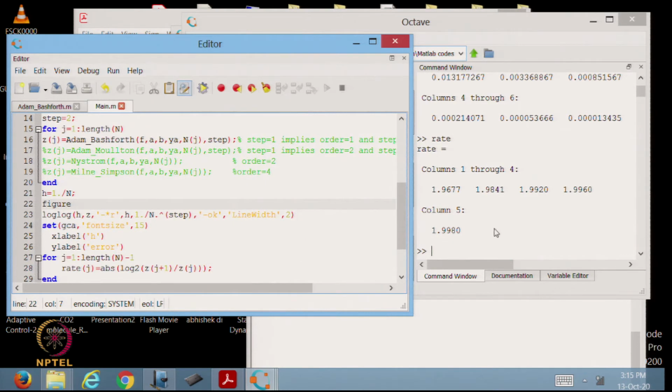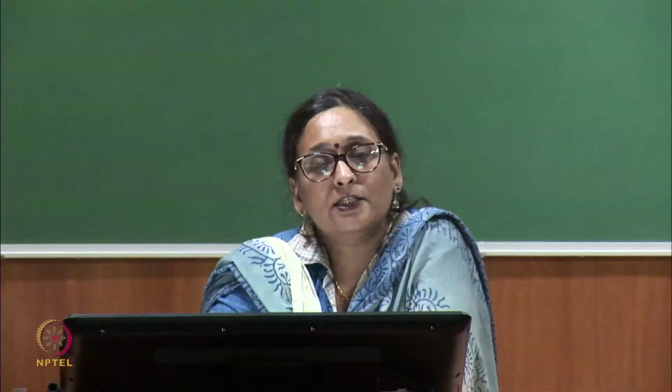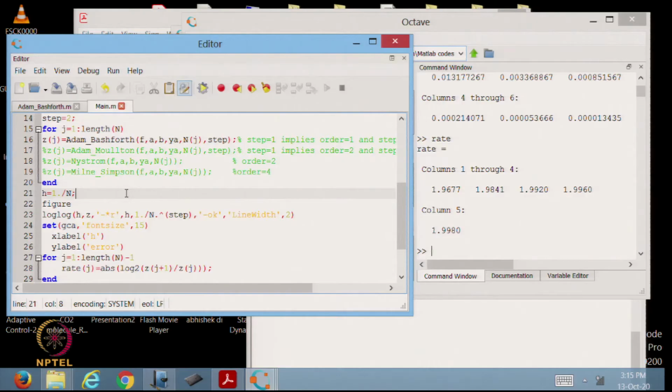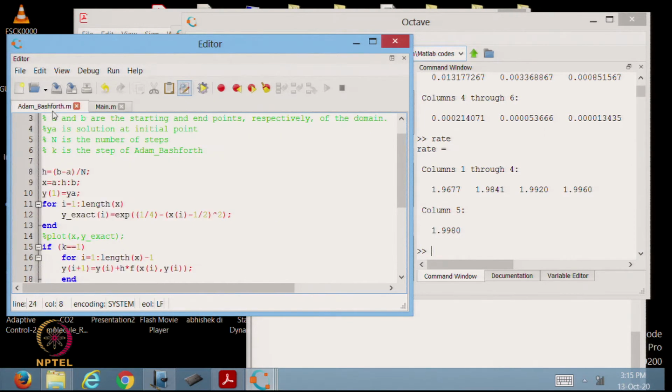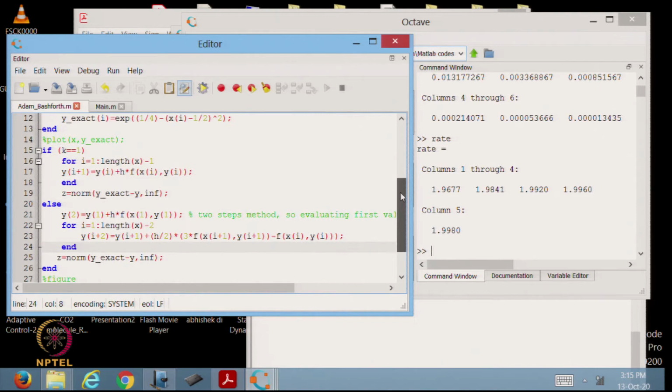But the only thing is, AB2 is a 2-step method. So, it is not a self-starting method, because for going from y0 to y1 I have to use some other single step method, and for that reason I am choosing the forward Euler method here. Locally forward Euler is of order h square, that is why the total error will also be of order h square. Because when you are working with a multi-step method, you have to be really careful.